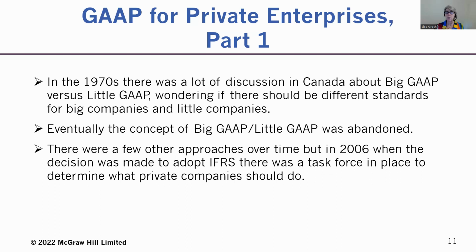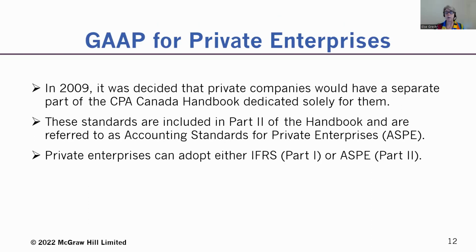Generally, private enterprises are closely held, meaning that they have very few users, and those users generally work in the business or they're closely connected to the business. So keep in mind that financial statements are produced to help users make resource allocation decisions. If making private enterprises follow IFRS doesn't help the users make the decisions that they have to make, then we shouldn't force them to use IFRS because it's actually not helping the users. This is why we have accounting standards for private enterprises, or ASPE for short.